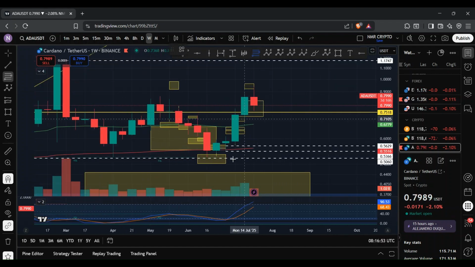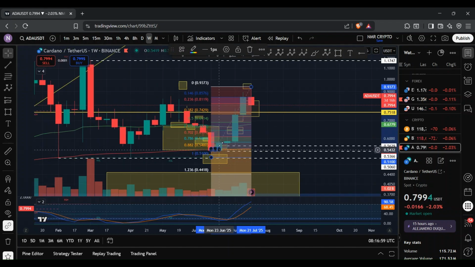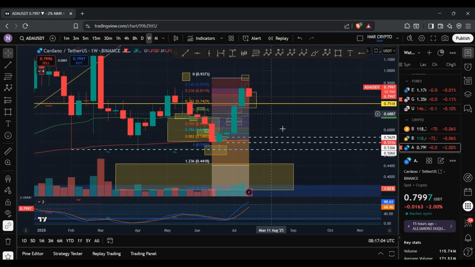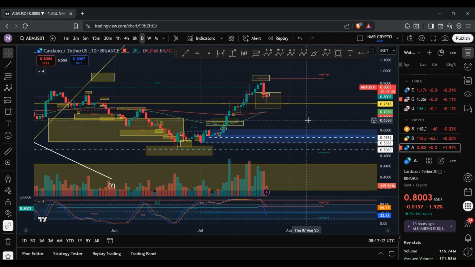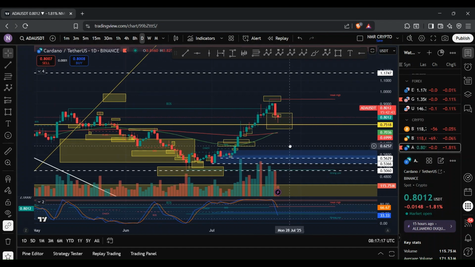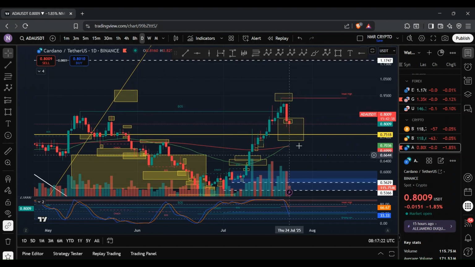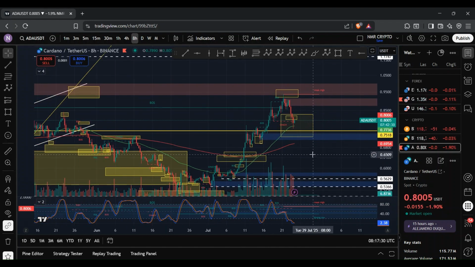So very quickly, if I bring in the Fib tool once again, what we could see is ADA reach anywhere between 54.8 cents to 69.14 cents if we get rejected at this level and we see that deeper move to the downside. But I am leaning more towards the 5-wave structure forming, given the fact that, again, all the indicators are signaling that we are still bullish despite this recent move to the downside. And I do see this as a good opportunity to be dollar cost averaging and buying in. And here you can also see that we have the potential to retest these EMA levels and see that bounce to the upside. And so, yeah, it's going to be interesting to see how the bulls respond to the bears taking control of the market over the past couple of days.